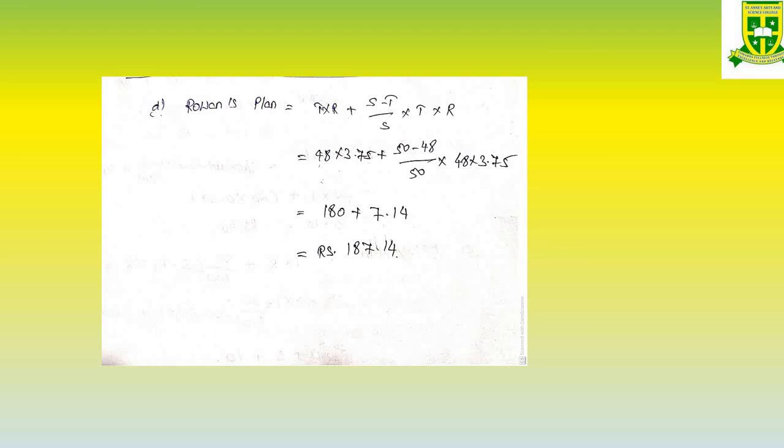So these are the two ways the sums can be done: in the first method, only two pieces of information are given, and in the second, all the information is given. These four models are very important: time rate, piece wage, Halsey and Rowan. Be thorough with the formulas, go through the sum, and do the homework sum. Only then can you understand in what way you have to do the sum.